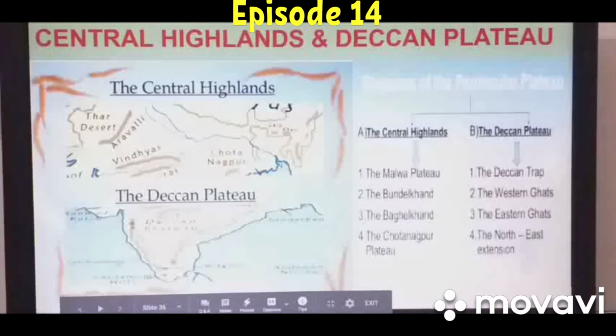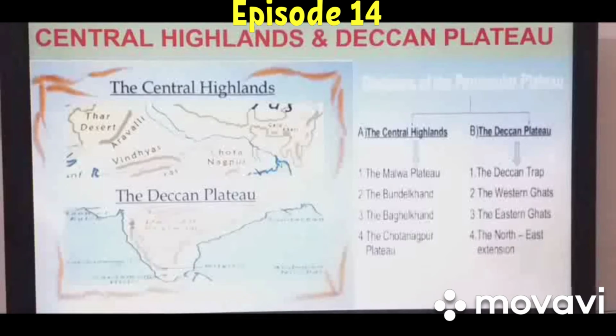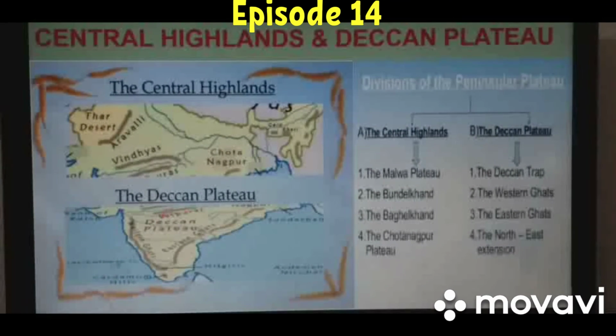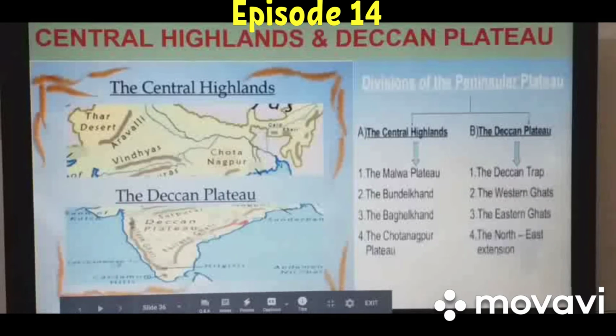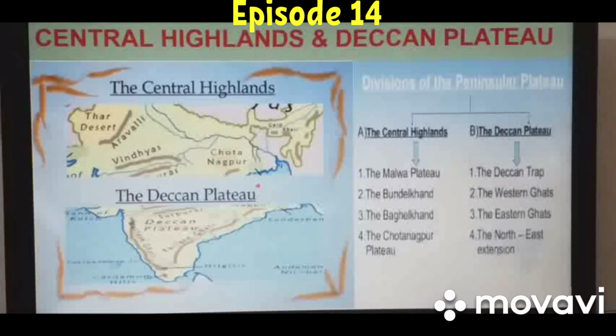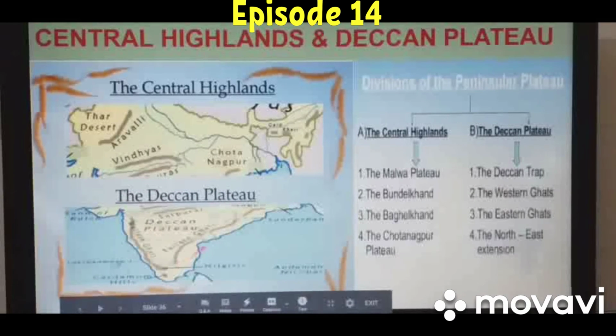This is the Deccan plateau. Already I told you this is the Vindhya mountain, this is the Satpura mountain. This gives its boundary from north towards the west side. It gets its boundary from the Western Ghats, and these are the Eastern Ghats. And further here in the northeast, there are some local hills like Mahadev, Maikal, Kamur. These are some hills lying towards the northeast direction of the Deccan plateau. In this way, this plateau region has its boundary, and this whole area is known as the Deccan plateau.